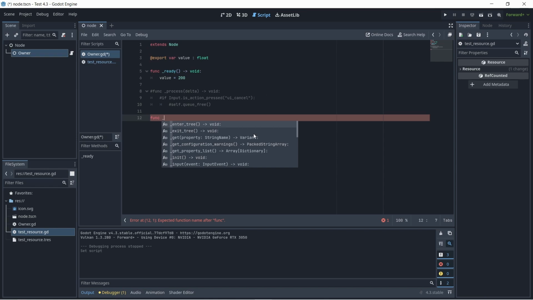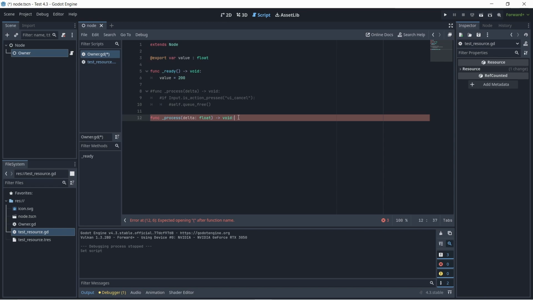The autocomplete, of course, is one way of showing this, and we can already see physics process here, and we can see process. So we already know that this is clearly a member of the node class, because thanks to the autocomplete it is there, but that is not going to be the case